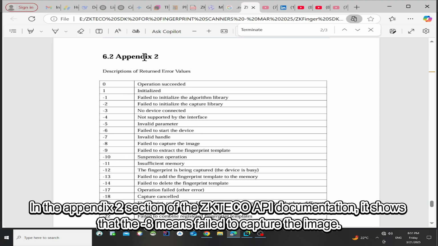In the appendix 2 section of the ZKTeco API documentation, it shows that -8 means failed to capture the image.